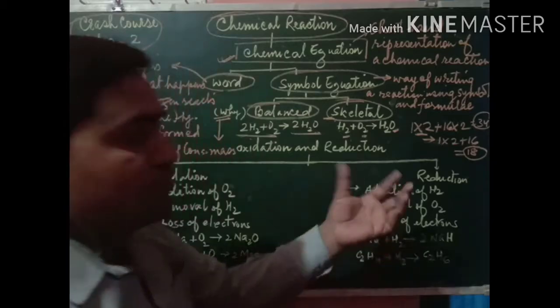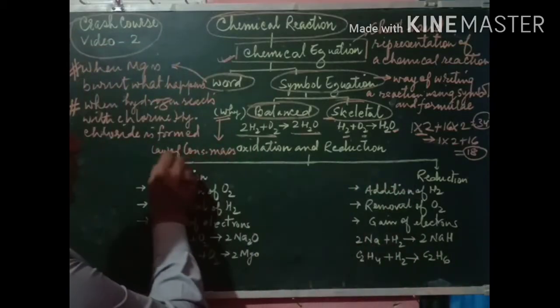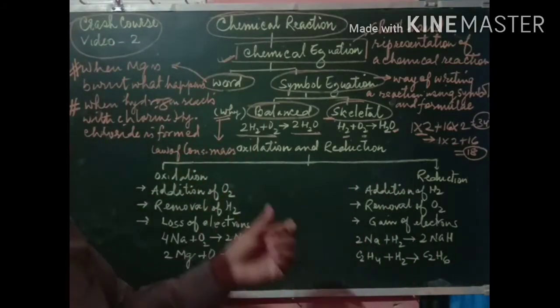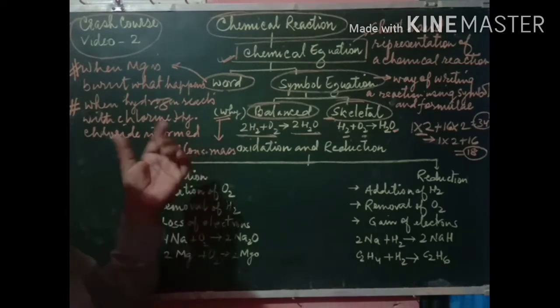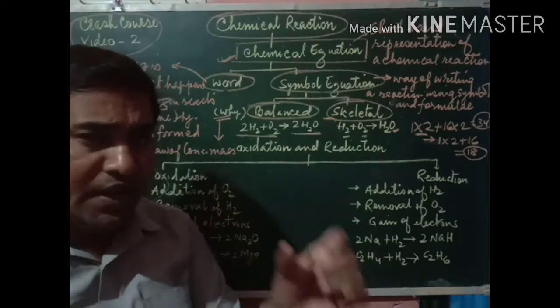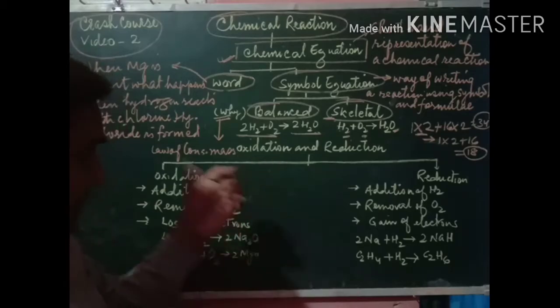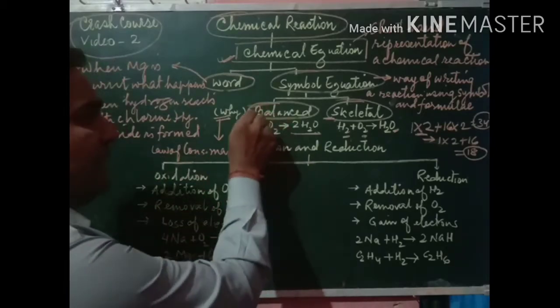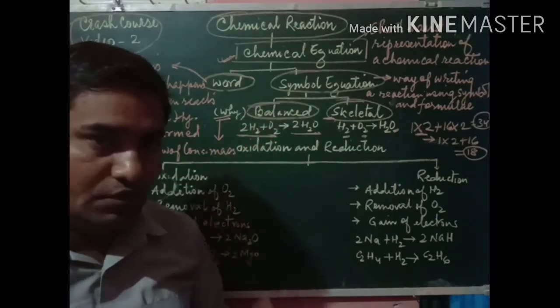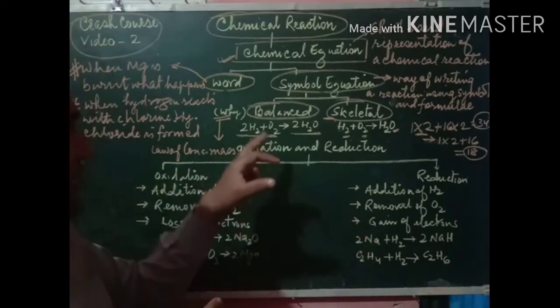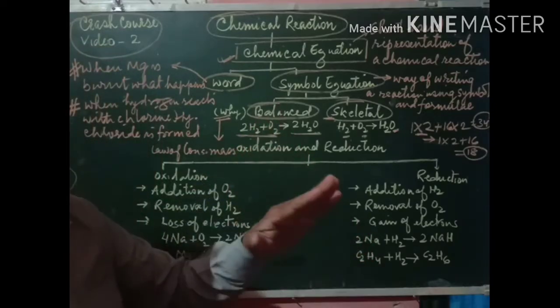So it means that there is a loss of mass, and it is a violation of the law of conservation of mass. That's why, according to the law of conservation of mass, mass is neither created nor destroyed during a chemical reaction. So to fulfill the law of conservation of mass, we need to balance a chemical equation. Okay, that's clear. And it always comes: why do we need to balance a chemical equation?